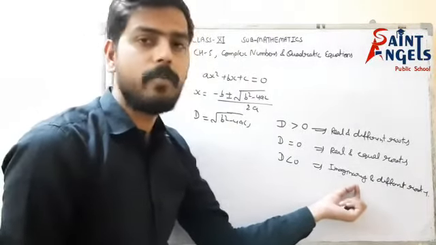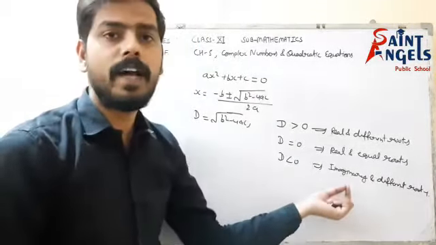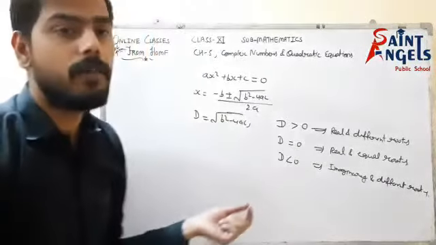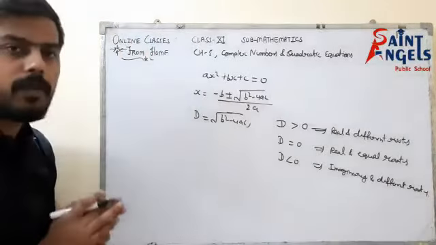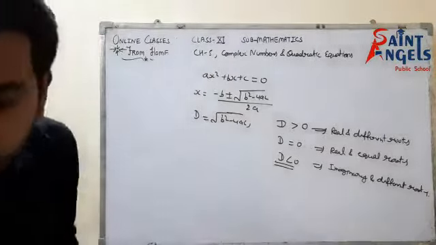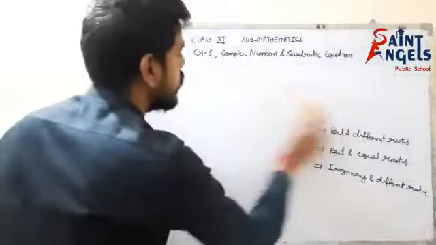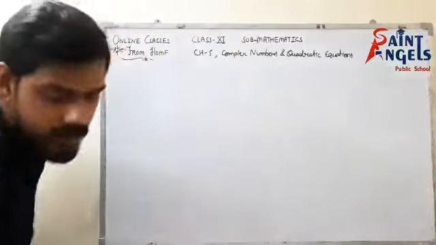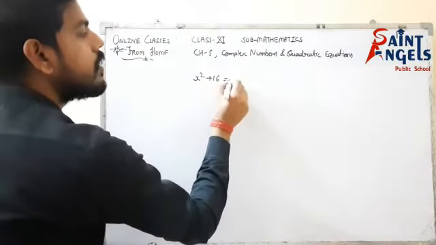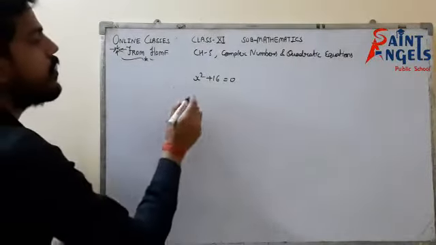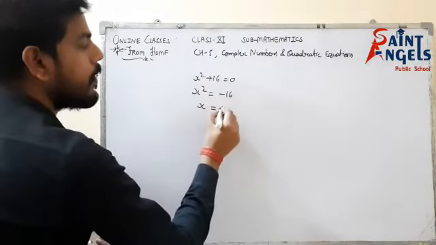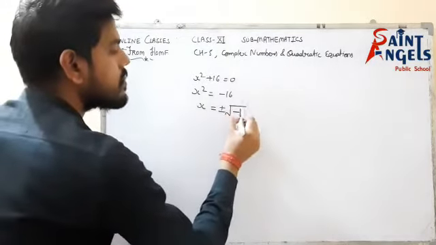What is this imaginary number and how do we represent it on a number line? What is the plane on which we represent it, and what are all the concepts regarding the complex number? The complex number is introduced when d is less than 0. Now we'll start. Suppose I have a quadratic equation x square plus 16 equals to 0, and I have to find the value of x. So x square would be minus 16 and x would be plus minus under root minus 16.